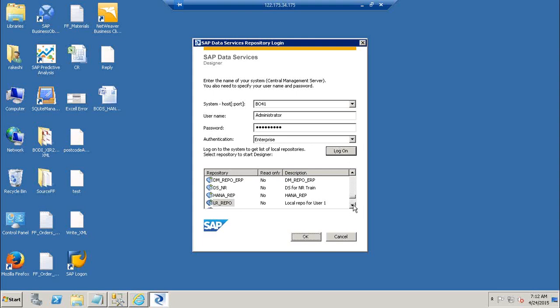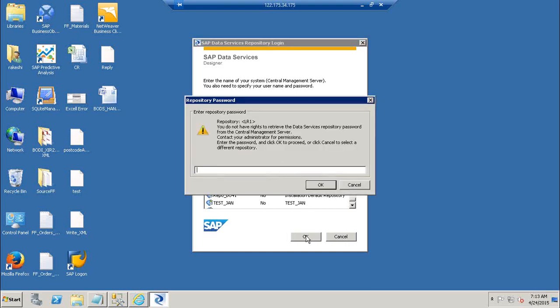So once you click on login, the newly created repository will also be added to the list. Or if I restrict a user to look at only this repository, then when I log in with his credentials, only one repository will be displayed here in the list. So select the repository and click on OK, and here you need to give the database password using which you